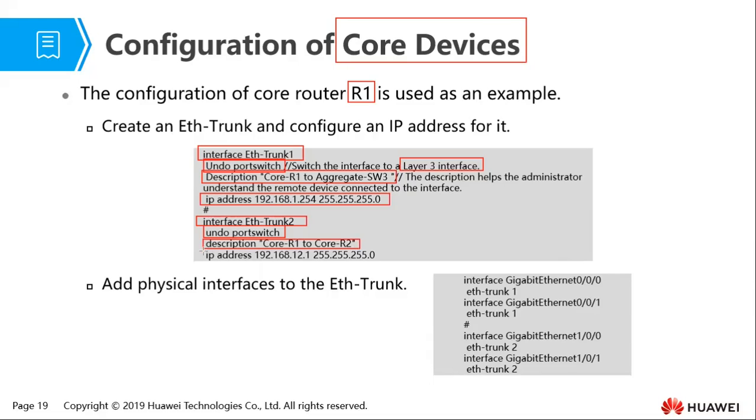Then we give it an IP address. After that, we can add interfaces. The interfaces to the Ethernet trunk. So here we are doing interface by interface. So we add